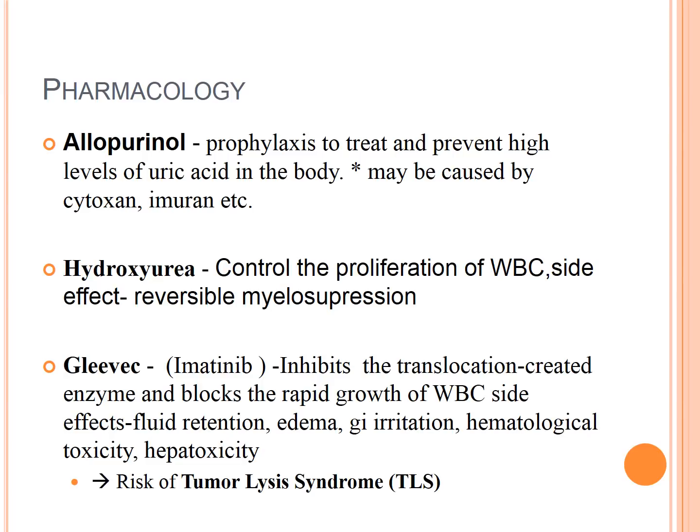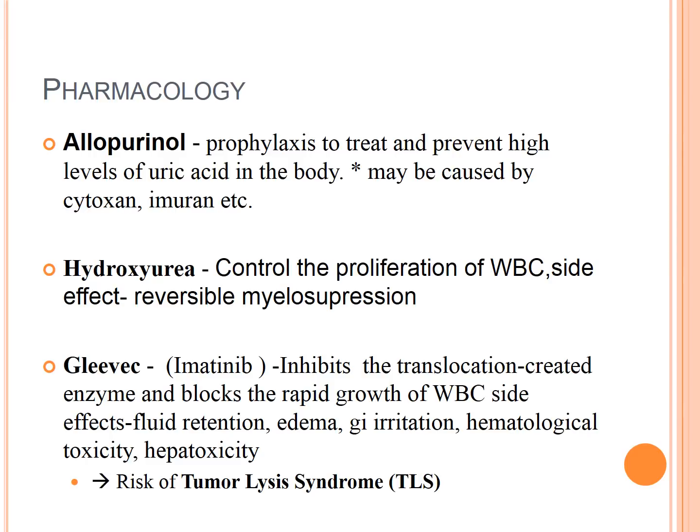So allopurinol can be prescribed when the white blood cells are being destructed. They release uric acid. So probably thinking way back to, I'm guessing, 1020, where you learn about renal calculi and everything. Uric acid crystals can cause renal calculi, and uric acid can cause gout in the joints. So allopurinol can be prescribed to sort of get rid of the uric acid in the body that is occurring from the destruction of white blood cells.